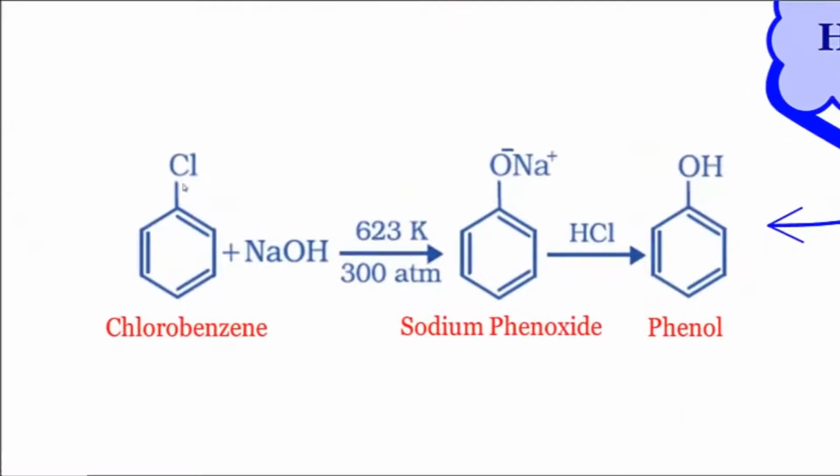Chlorobenzene, benzene ring linked with Cl. Formula will be C6H5Cl plus NaOH at a temperature of 623 Kelvin and applying a pressure of 300 to 320 atmosphere. The first product we are going to get will be sodium phenate, otherwise we can also call it sodium phenoxide. Structurally, there is not much difference, except whether we are indicating the molecular form or the ionic form, wherein the sodium end will have the positive charge and the oxygen end will have negative charge. If we write it without these charges, then we will call it sodium phenate.